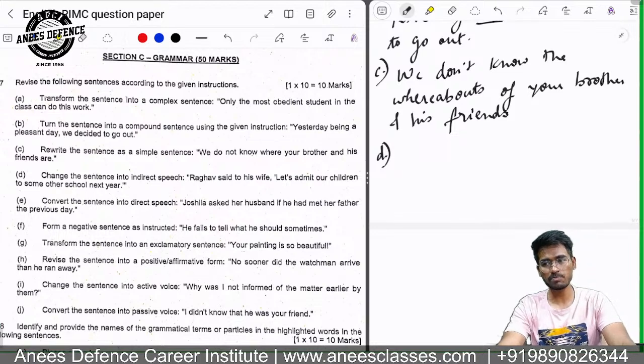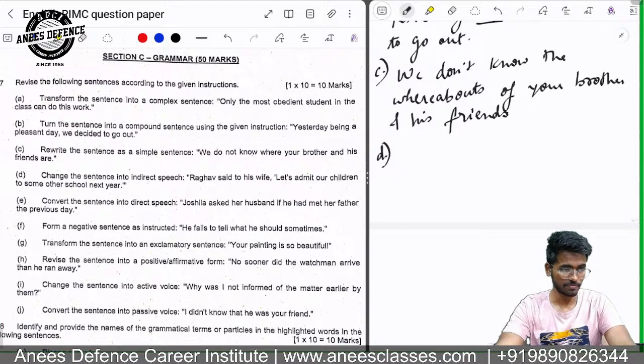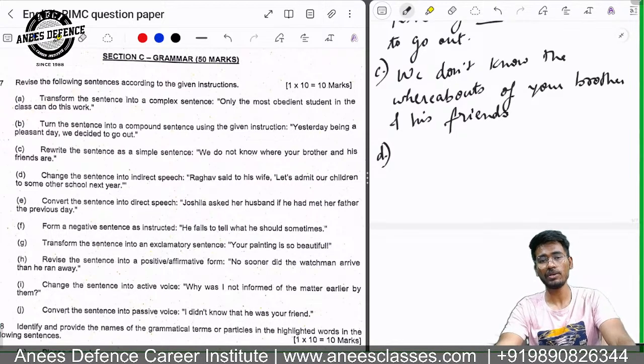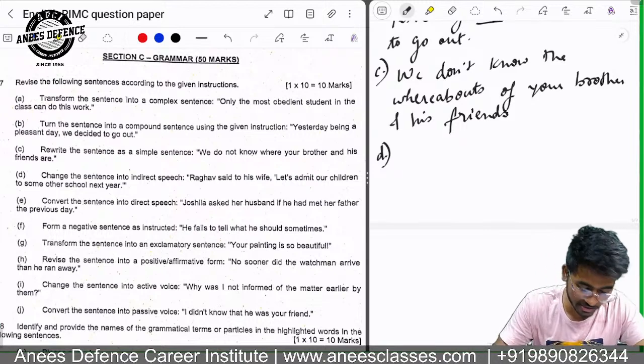For example, I am speaking a sentence now. And if someone wants to tell whatever I've spoken, then he will use indirect speech. Which is known as direct and indirect speech. Always remember, direct speech is written in inverted commas. How to understand whether the speech is direct or indirect? Direct speech is always written in inverted commas, and indirect speech is never written in inverted commas. Okay. So we'll change the sentence.